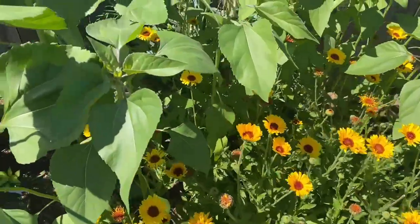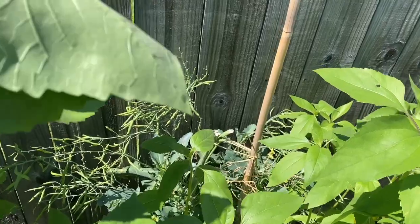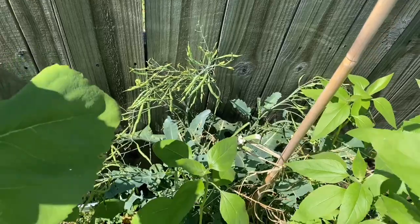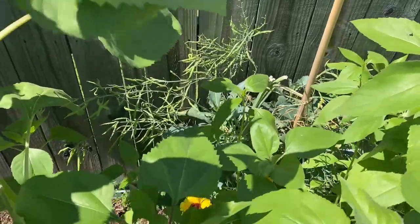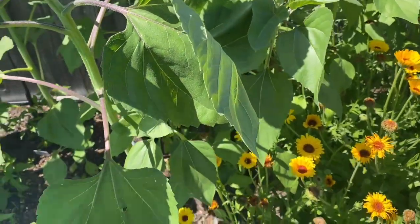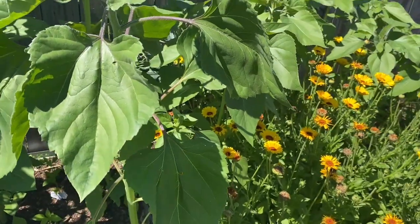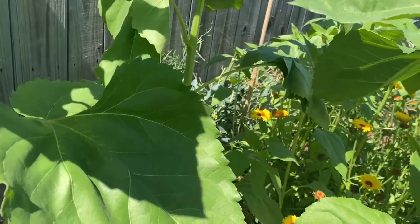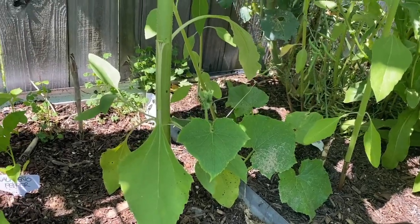I have cut back this broccoli in the very back of this bed. As you can see, it's still producing seeds, still producing flowers and pods. I'm probably just gonna cut it back completely here soon. I've already saved a lot of seeds from it, and once we take that out, everything else will have a little bit more space to take off. So, more sunflowers on this side of the bed. It's getting crazy in there. There's another cucumber down here,